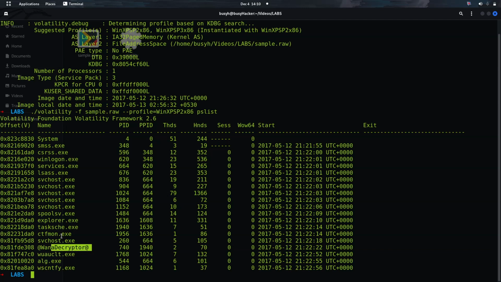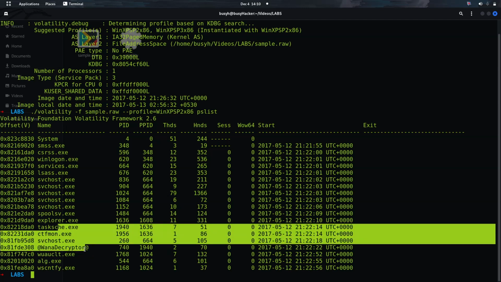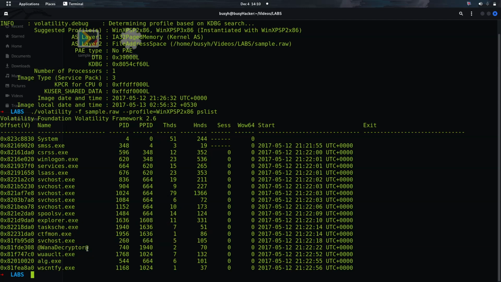So these two process IDs, if you are a good forensic investigator, can demonstrate a lot of red flags, because they are abnormal. These processes are not normal Windows processes, because we know all about the other ones except these two. Now we can use the process tree, which is the pstree plugin on Volatility,